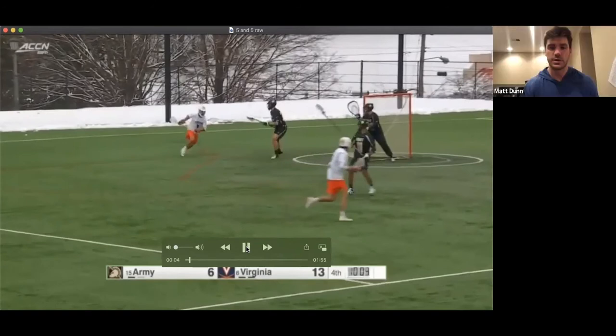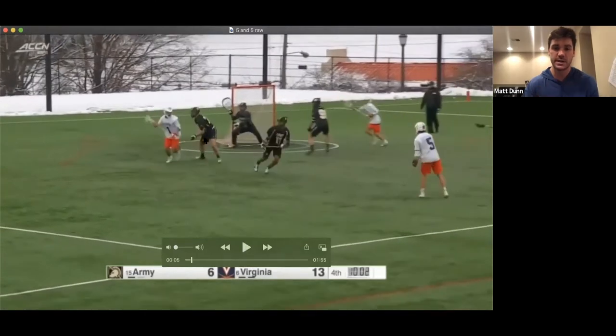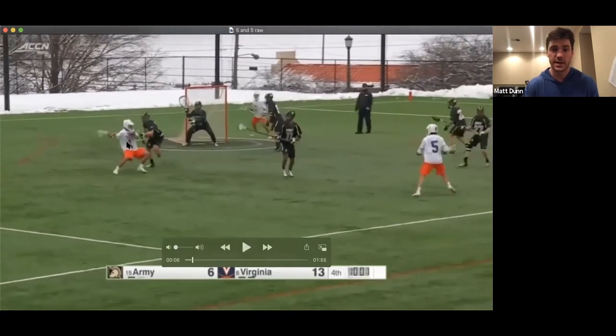In this scenario, it's the same idea. However, if this Army defender were to fly full speed down right here, Matt Moore can sit in this spot right here and get a pretty good step down shot or catch a good spot to attack opposite. I think what's important here is this guy at least wins this matchup to the 5-7 yard mark, where if this guy's going to turn the corner, he's not turning it below 5 yards, and he's kind of wide right now, which allows this Army defender to do a nice job of,